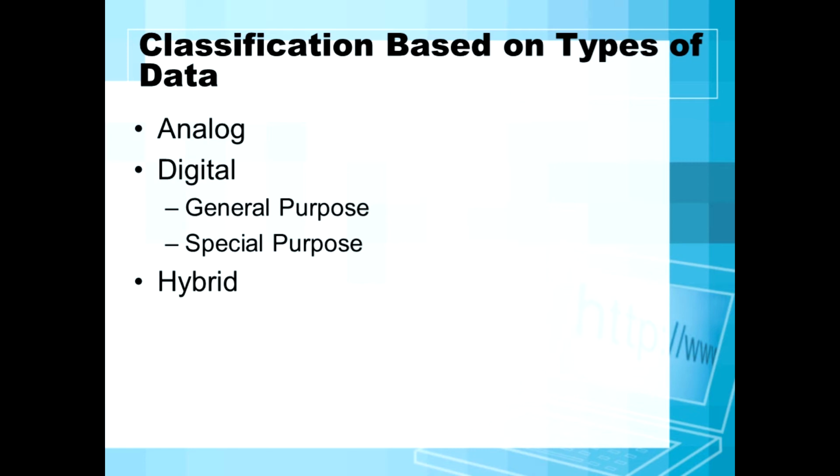Digital computers are classified into two kinds, general purpose and special purpose. General purpose computers are those which can perform a variety of functions. The programs are not permanently stored but are input at the time of execution. These computers are very versatile. Depending upon the software, various tasks can be accomplished, such as writing and editing in MS Word, editing pictures in Photoshop. General purpose means generally what we are using.